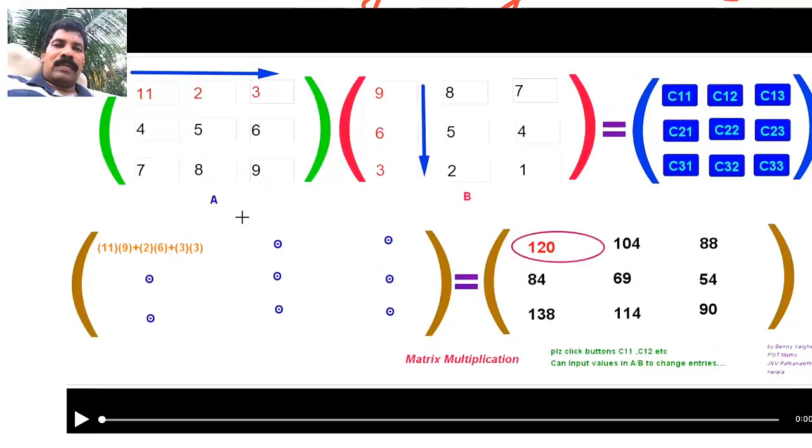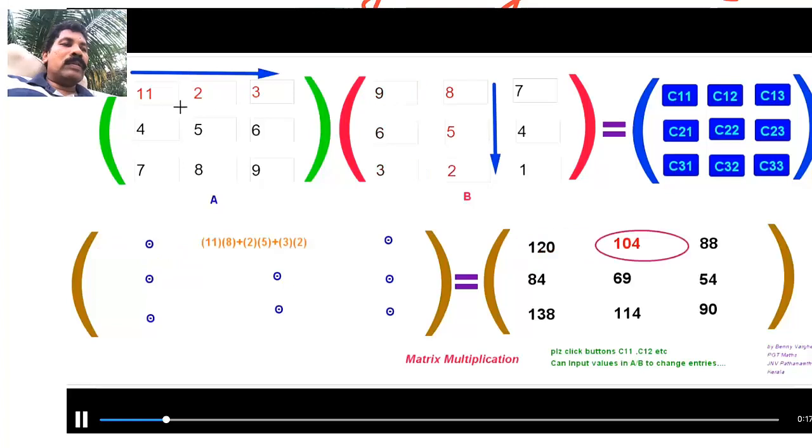Before winding up the lesson today, we shall see one applet made in GeoGebra, that is a simulation for matrix multiplication. Here, in order to get C11, the entry, we have to multiply the first row of the first matrix and the first column of the second. In order to get C12, that is first row and the second column, first row of the first matrix,